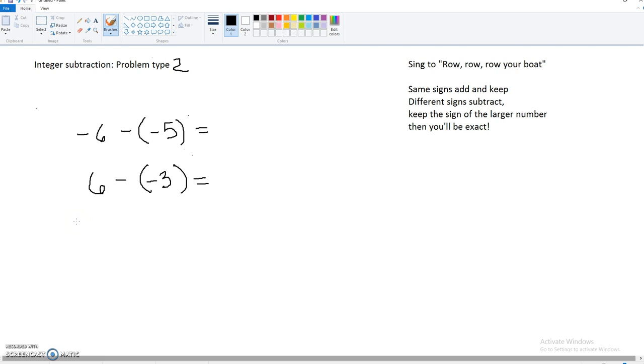Here we have integer subtraction problem type 2. Again, I've left our cute little song up so that way we can refer back to it if need be. The one thing that I want to point out here is that we've got some double negatives that are side